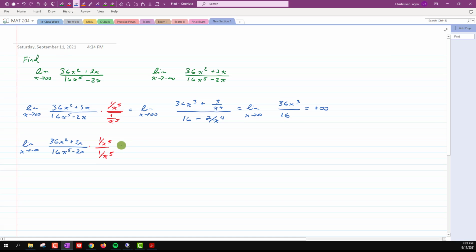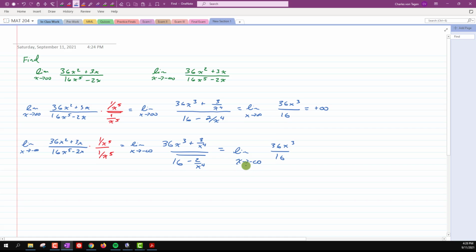And so cleaning all that up, we get the limit as x approaches minus infinity. And then here again, we'd have the same 36x cubed plus 3 over x to the fourth, all divided by 16 minus 2 over x to the fourth. This expression is still going to go to 0 as x becomes a large negative number, right? 3 over negative 1,000 to the fourth power, that term is going to approach 0, as is this one. So we're left with the limit as x is approaching minus infinity of 36x cubed over 16, just as before,